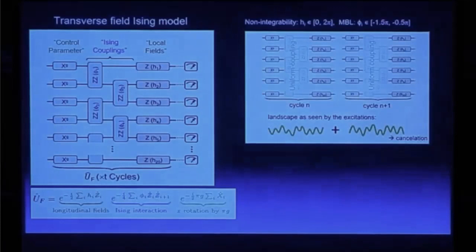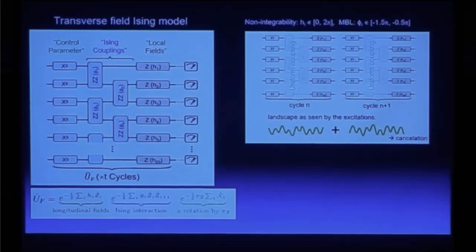But I want to make something very clear, as this discussion of MBL popped up even before I was waiting for it. So let's think about the uniform coupling limit. This is a very important distinction. Let's just imagine for a second that these couplings were uniform. What happens is that you have a bunch of qubits, you rotate them, and they see this disorder landscape. And then you rotate them and g is equal to 1, so you're exactly